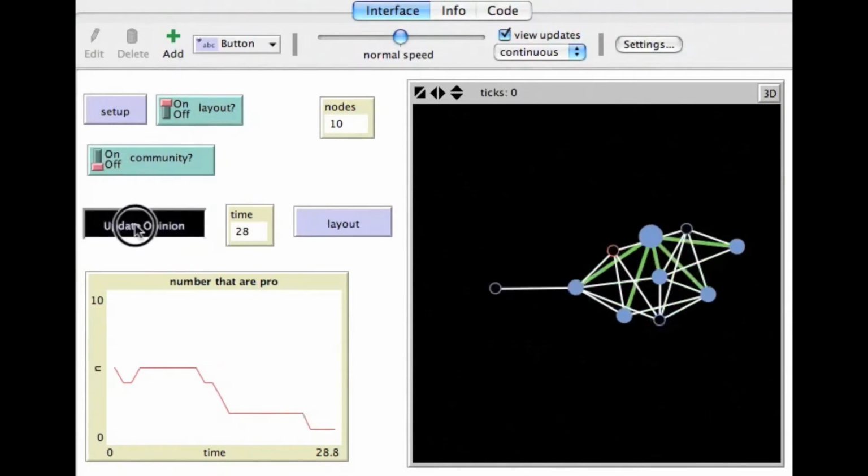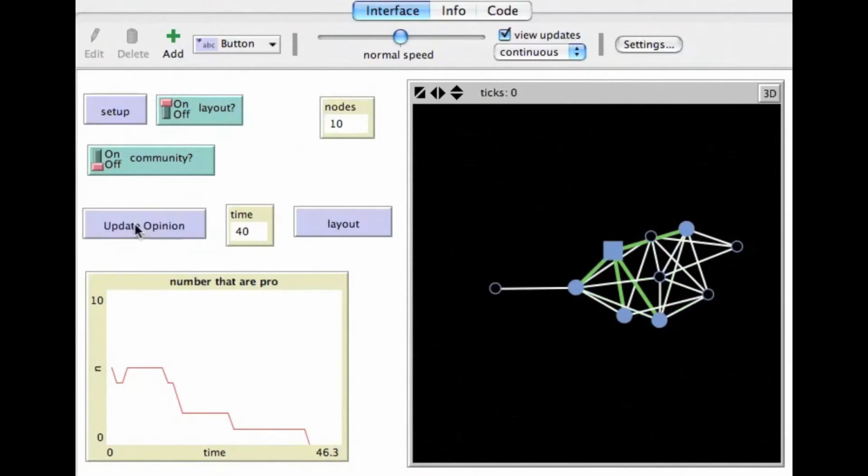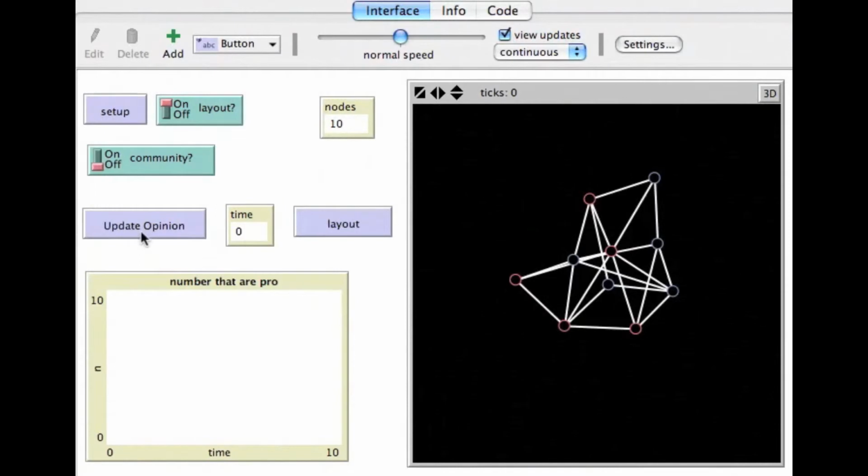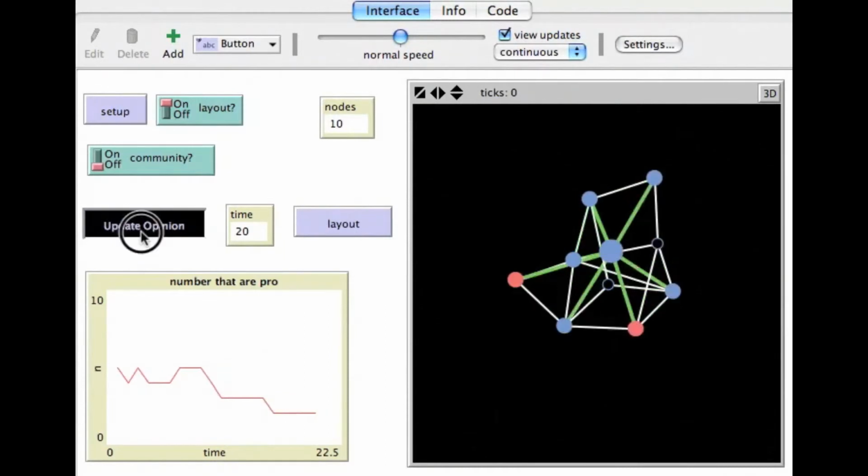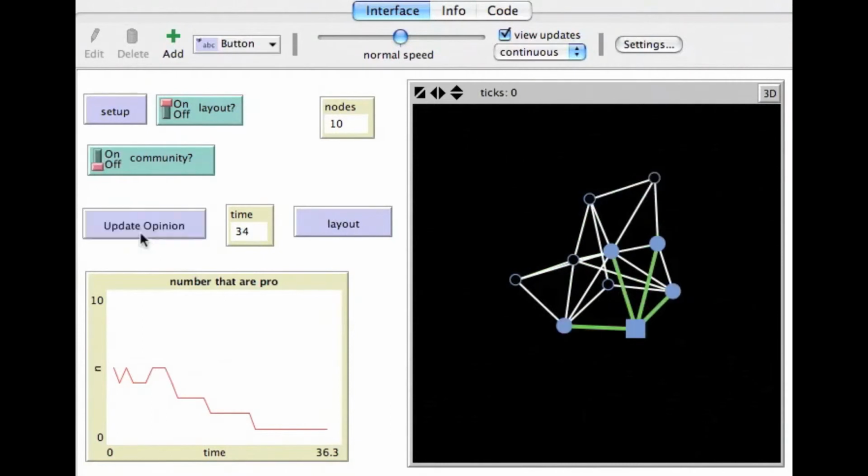Sometimes this will happen quite quickly. And there we go, finally it took 40 attempts. Let's try this one again. We'll update, and away we go. We still have one red one left.